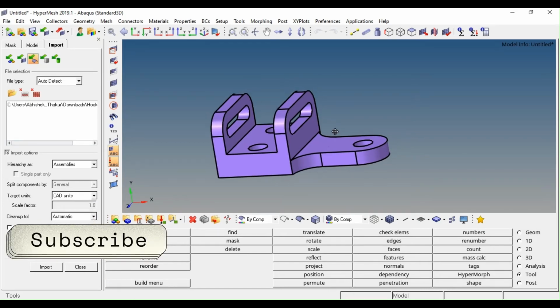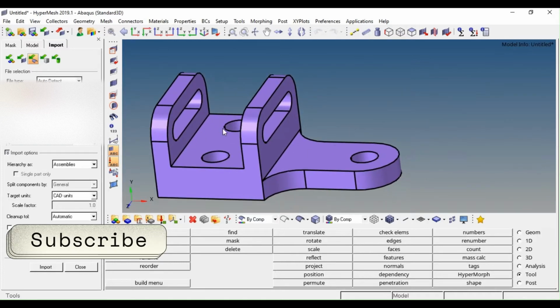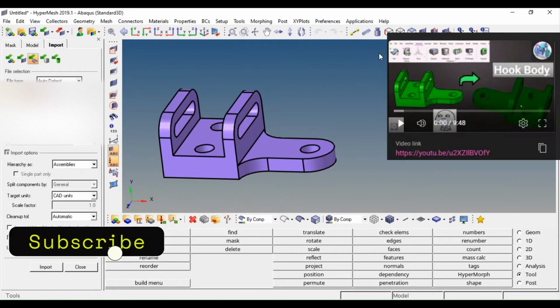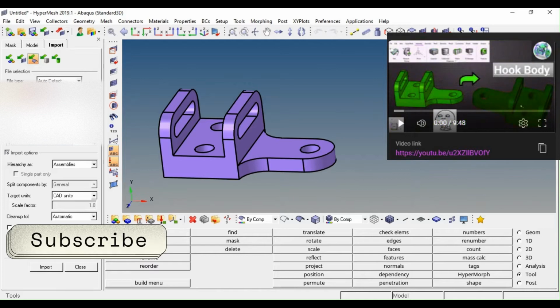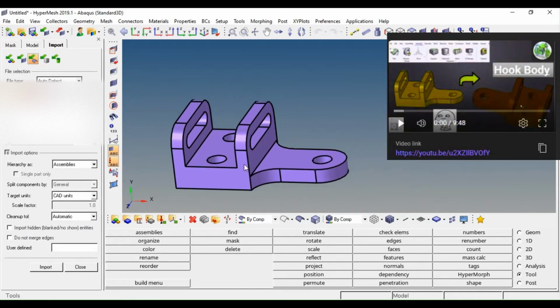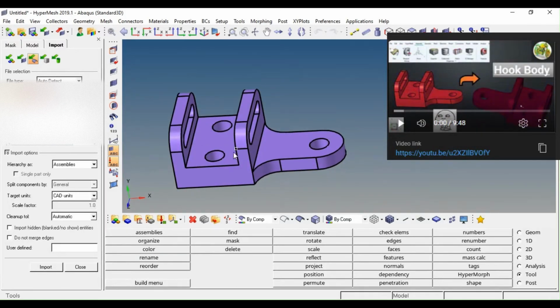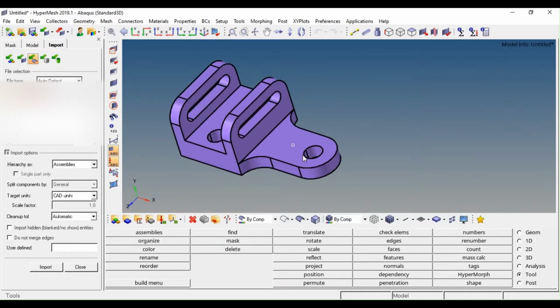Hi, today we are going to hex mesh this hook body solid part. We have already hex meshed this part in 2023, HyperMesh 2023. You can find this video here, and now we are using this legacy version. So let's start. As you can see, this part is symmetrical, and it is entirely symmetrical about this